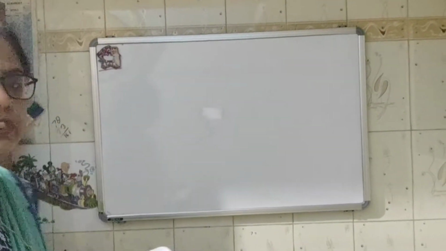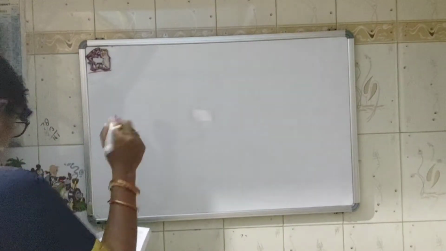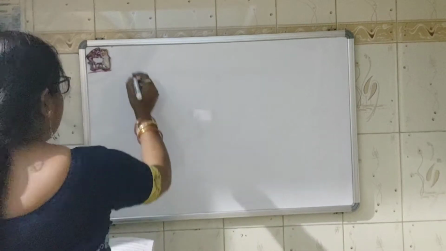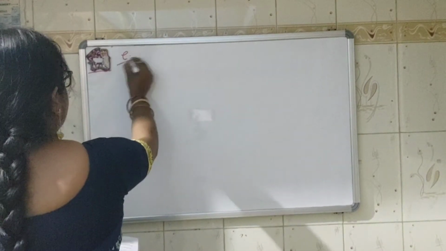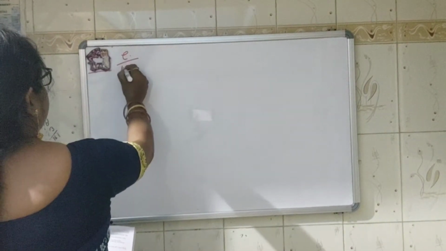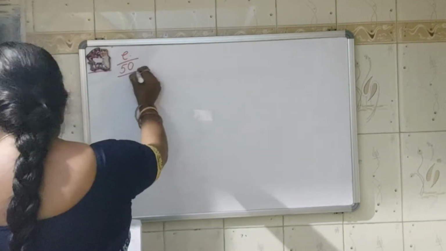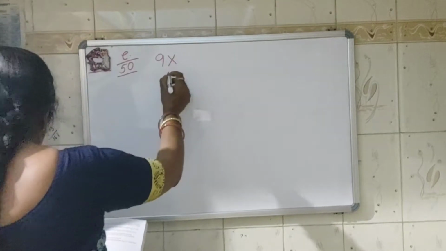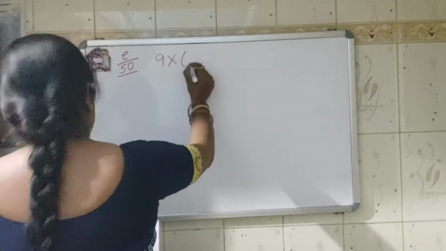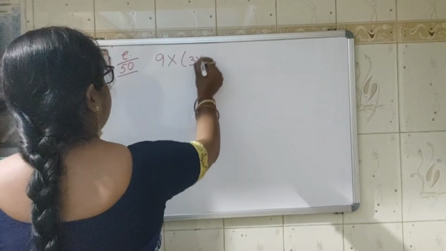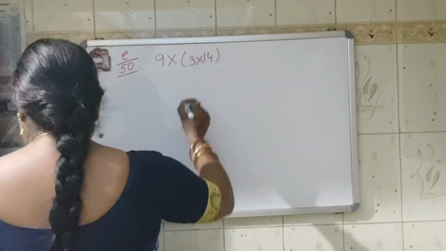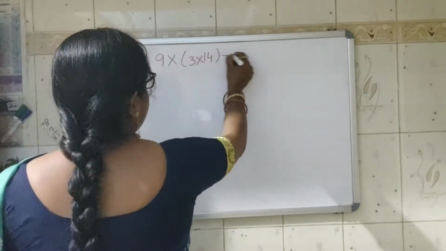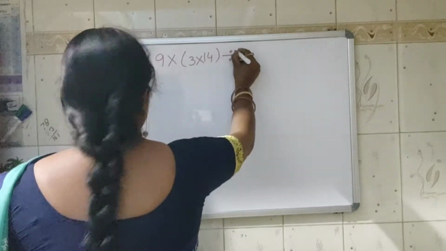So I am taking one question here on BODMAS from your book only. The question number E, page number 50. Okay, the question is 9 multiplied by 3 into 14, okay, divided by 7 and